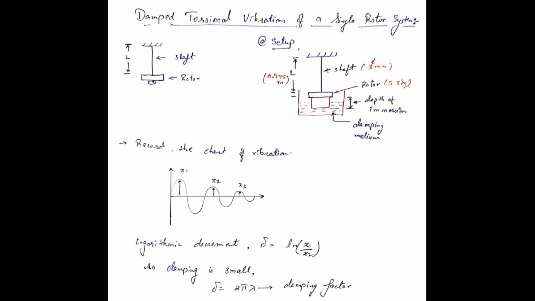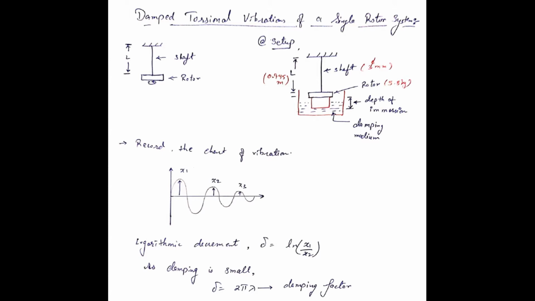Damped torsional vibrations. The aim of this experiment is to study the damped torsional vibrations of a single rotor system. We know that in the physical world, any system cannot be considered isolated. So in case of a single rotor system, there is some amount of resistance offered by the surroundings. One such is due to the medium in which this rotor is placed, say air. Air does apply some resistance to the motion and hence causes damping of the vibrations. Here, in this study, we will consider a study on the resistance only.